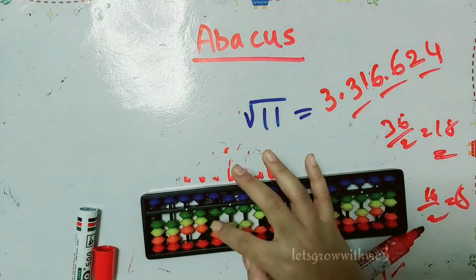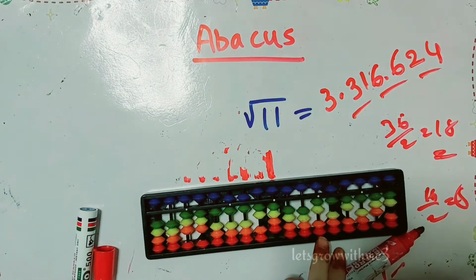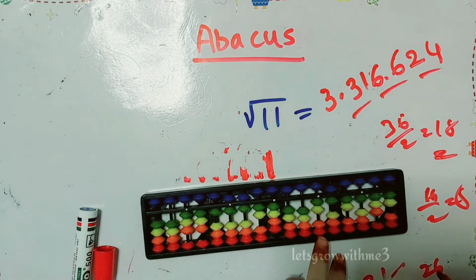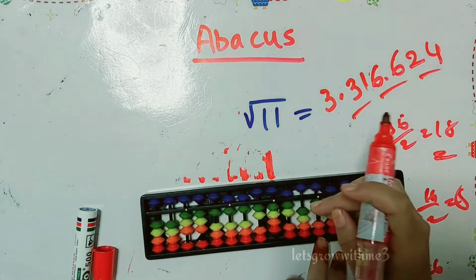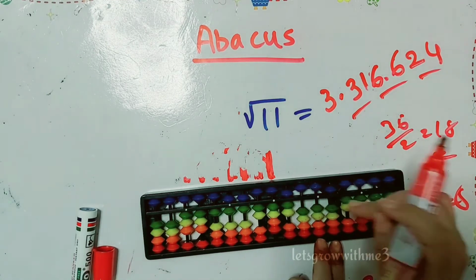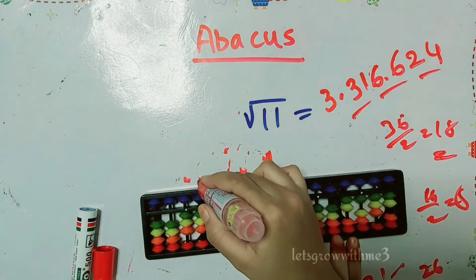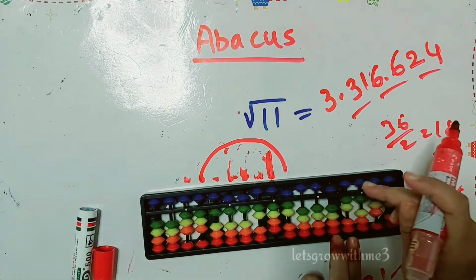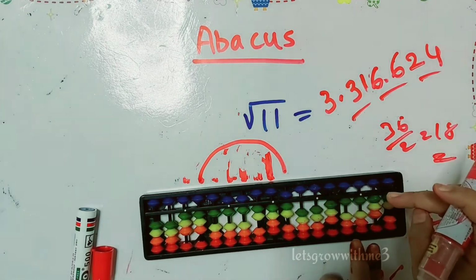So our next divisor is 7. Then we have to multiply all the values before 7, and we have to subtract from here by changing every time position of the fingers. Let's start. 7. So initially 7 times 3 is 21, subtracting 21. Then again you have to multiply 7 times 3, which is 21. Again we have to subtract 21, and then we have to change the position of the fingers.